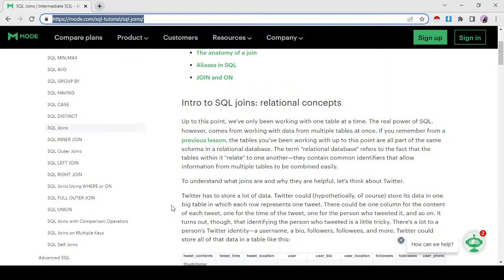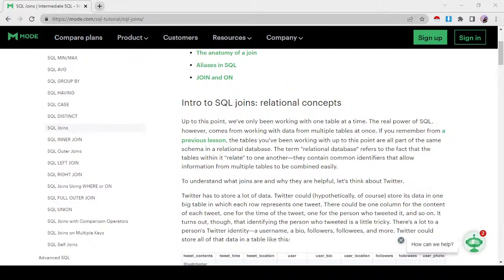Now, what we're learning today is joins. And what do joins do? Well, joins are SQL's way of trying to fetch data from a relational database. And what is a relational database, you ask? A relational database is a set of different data sets which are stored together in such a way that they have some relation between them. So each table is related to one or other tables in some manner. Some property inside every table is related to another table.